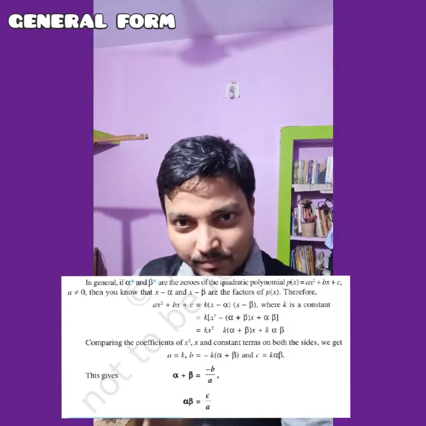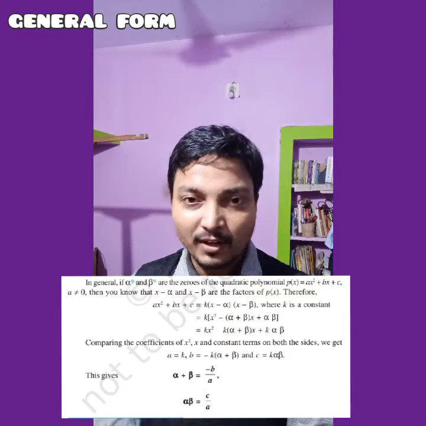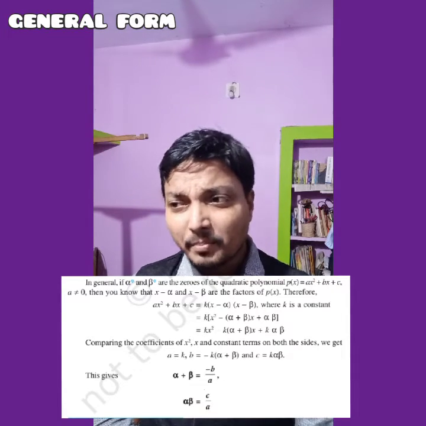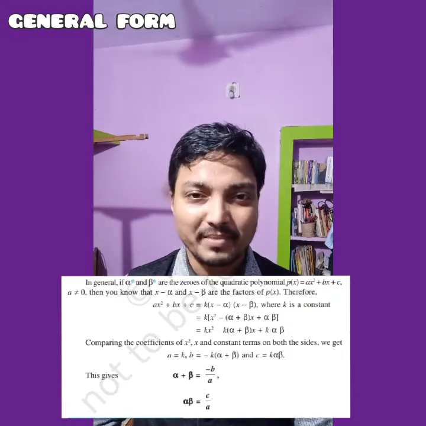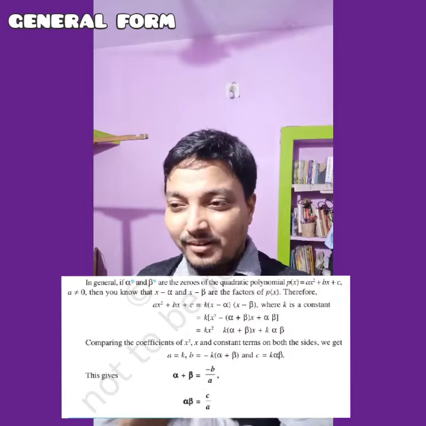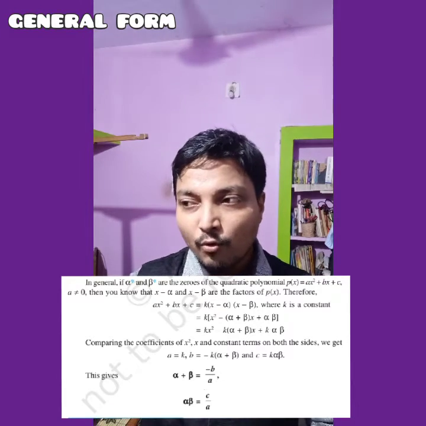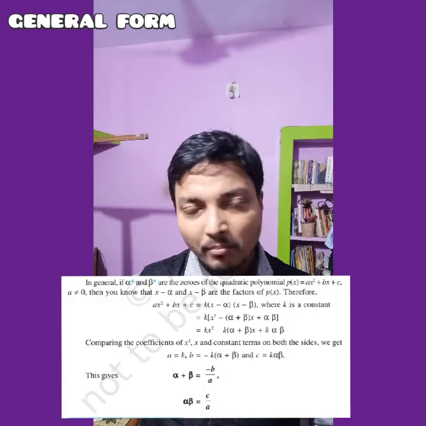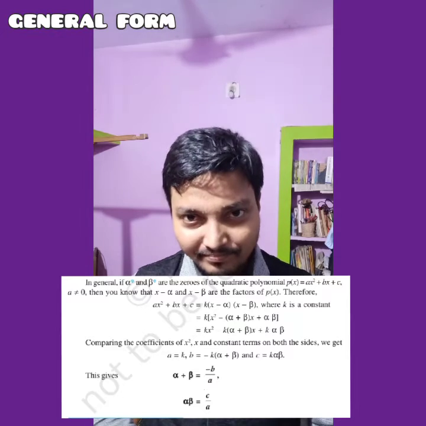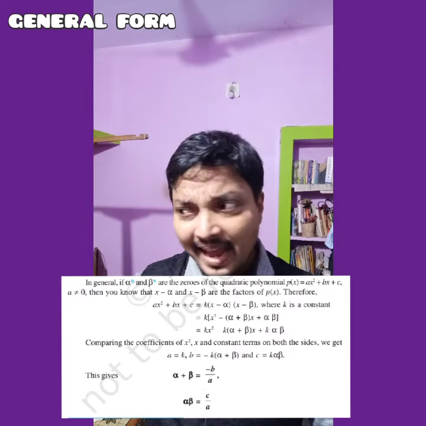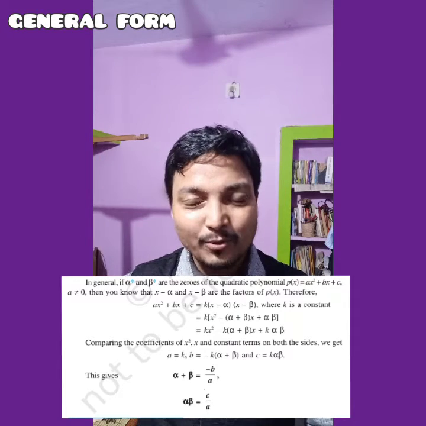But to make a balance, I just have to multiply a constant at the start of their product. So ax square plus bx plus c is equal to k, a constant, whole into x minus alpha whole into x minus beta. Once again repeating, the left side is ax square plus bx plus c. Whenever you open the bracket and do the multiplication, you will get k whole into x square minus alpha plus beta kx plus alpha beta whole into k.